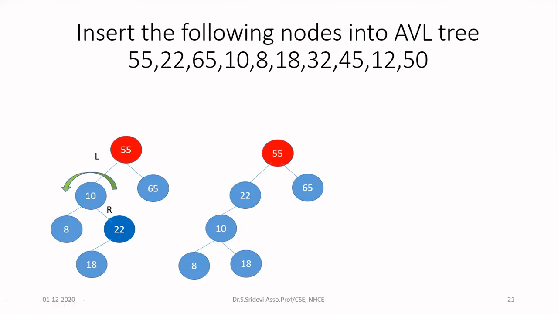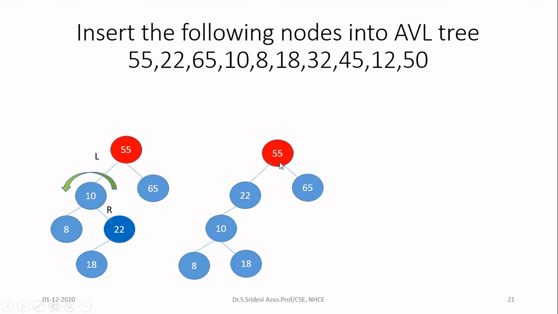Then we have to perform the second rotation because the letters are different when we started. It is LR, so two rotations are there. Just now we finished the first rotation. Now go for the second rotation. For that, we now got the imbalance as LL. LR is converted into LL. If the imbalance is LL, the letters are the same, so you are going to rotate in the opposite direction. If it is left, you are going to rotate in the right direction.